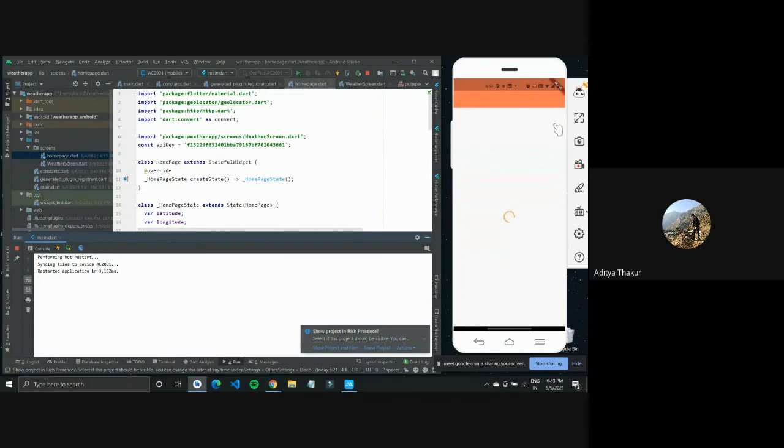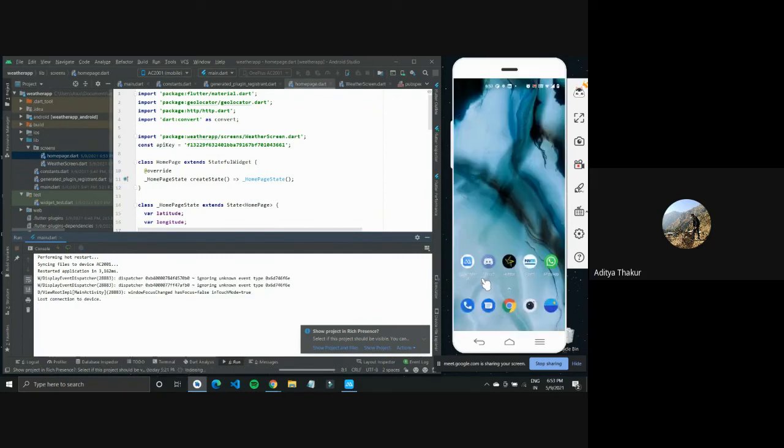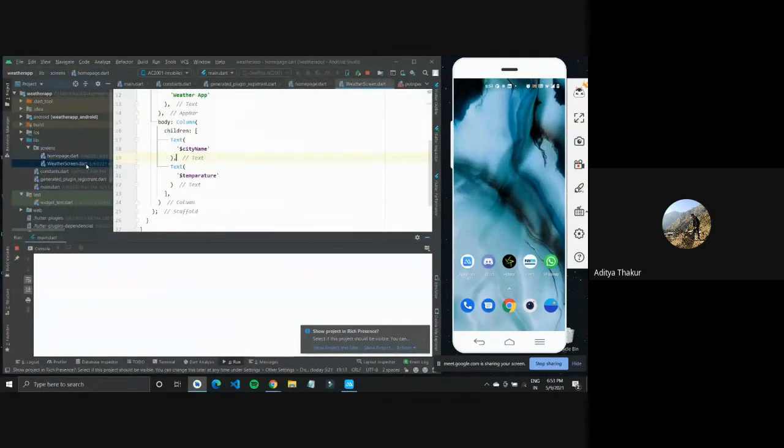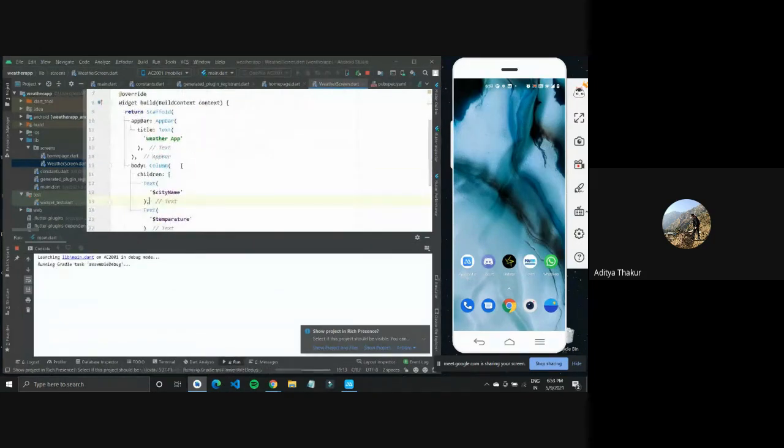So right now it's not pushing onto a new screen. Let's wait and see why that is happening. But hopefully if it runs fine, we should get the city name and the city temperature on the new screen.